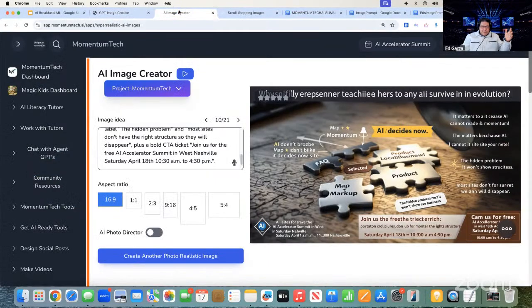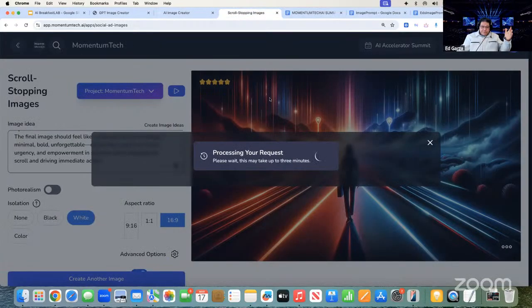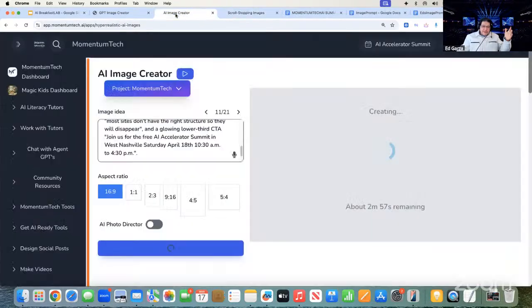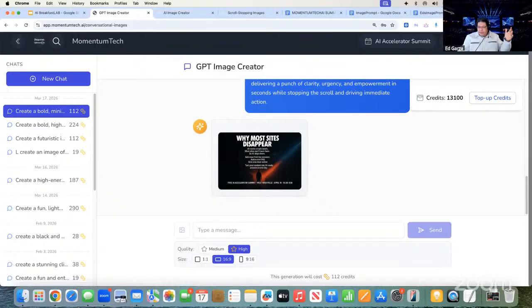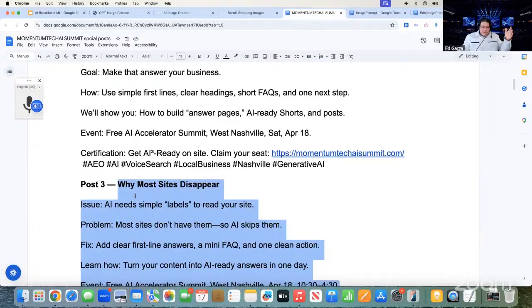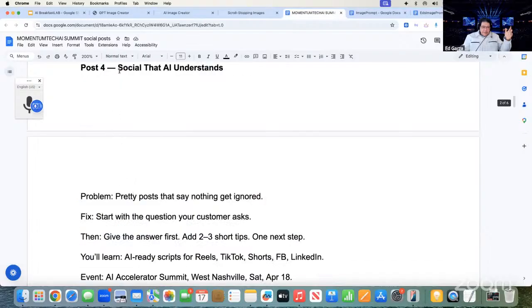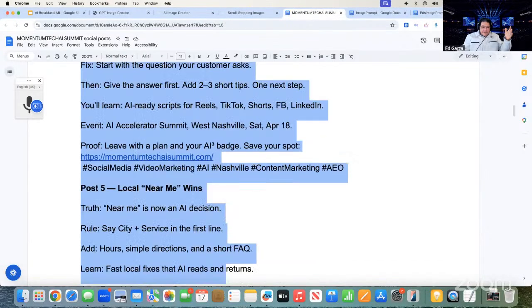Let's go over here to, okay, this one's interesting. Definitely could work. This has got a lot of text on it. Yeah, maybe we can make that work. Still creating the video. Let's see what it does. Well, we create more over here. You see we got a lot going on here. So let's go to the social post number 4, and let's copy this.